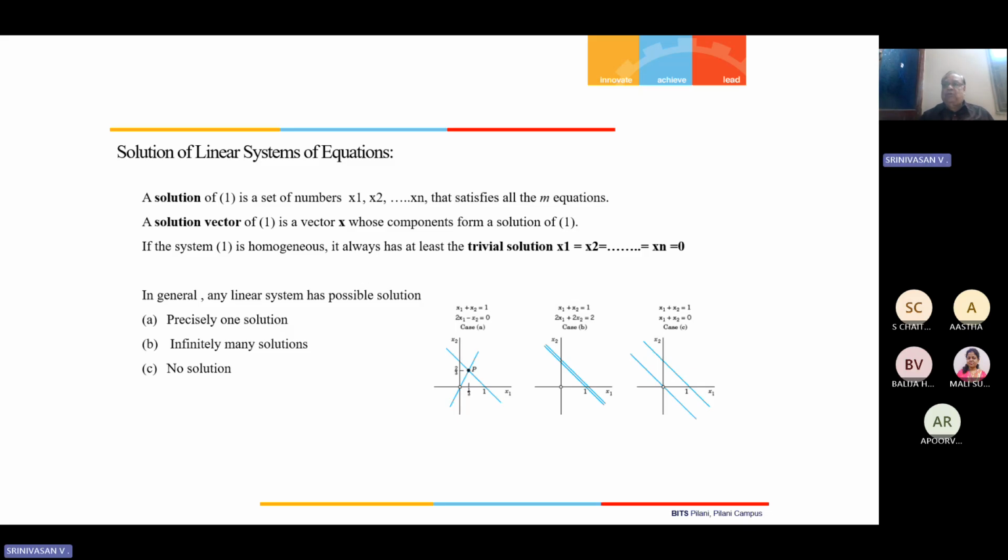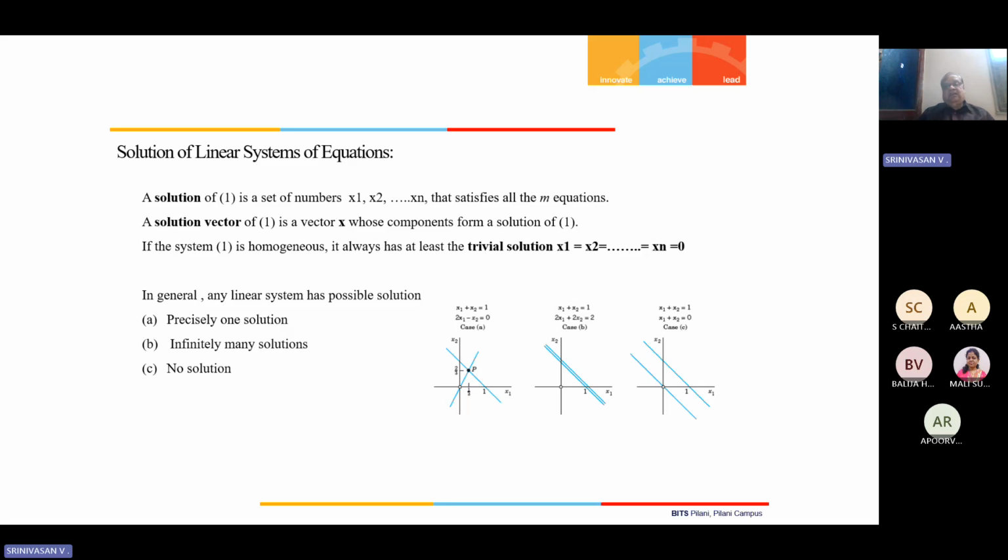That means you are not able to find the values of x1 and x2, which means this set of equations has no solution. Thus, for any set of equations, you can have a unique solution, infinitely many solutions, or no solution. So with this background, if you go back to the ideas that you have after finding the rank of a